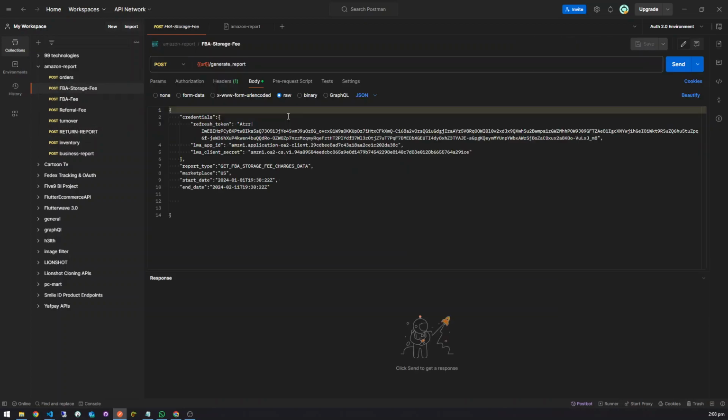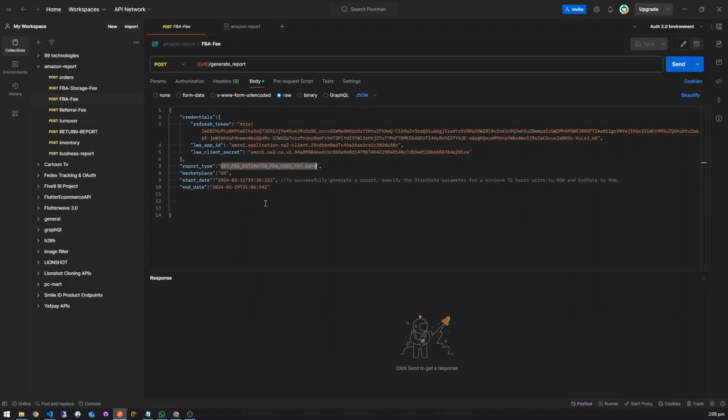The same goes for the other requests, like FBA storage fee and all of these; they are similar, we just change the report type. All right, so it's generic, and we can also change the marketplace and the credentials and query for other accounts. So it's a very dynamic module that we have developed in Python for extracting the reports of the Amazon SP API. And you can also